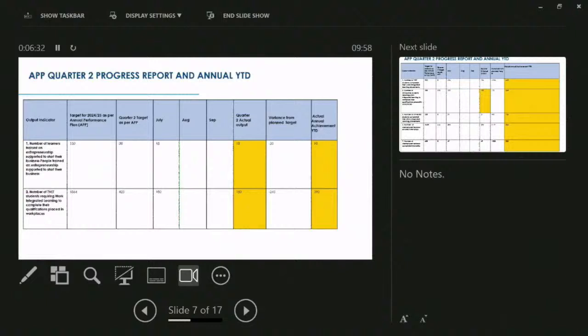University placement is a program that assists university learners with placement for a period of 12 months to be able to obtain their qualification. The graduate internship program is very key, where you assist graduates coming from the universities and colleges who need workplace experience to be able to participate in the economy.